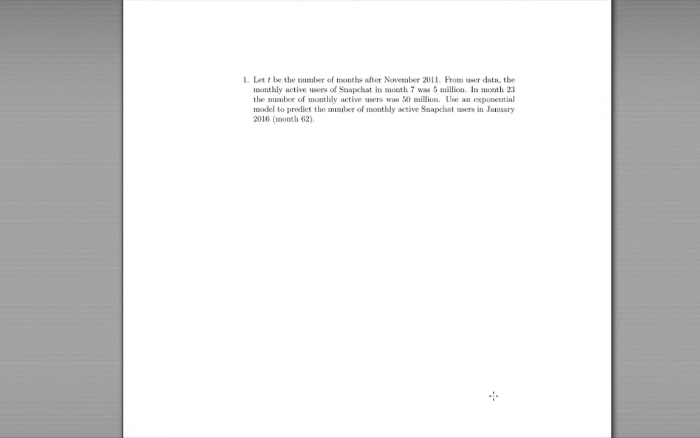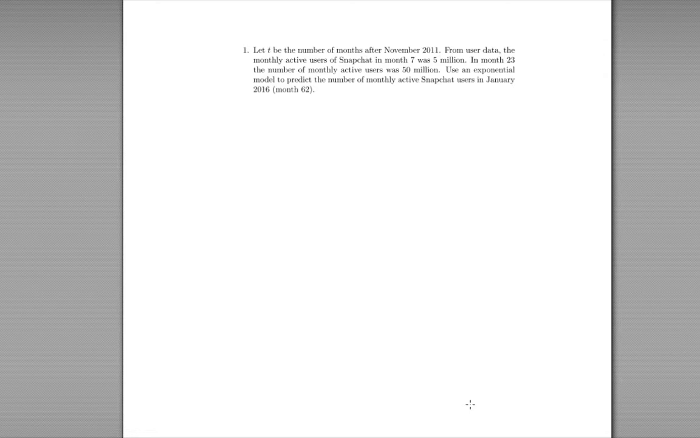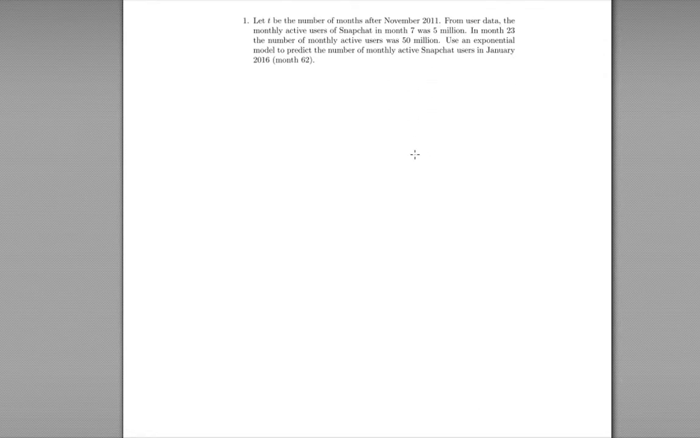Let's have a look at a word problem and use some actual data from real life to see if we can model an actual real life situation. Let t be the number of months after 2011. From user data, we can find out that the monthly active users of Snapchat in month 7 was 5 million. In month 23, the number of monthly active users was 50 million. Use an exponential model to predict the number of monthly active Snapchat users in January of 2016, which is month